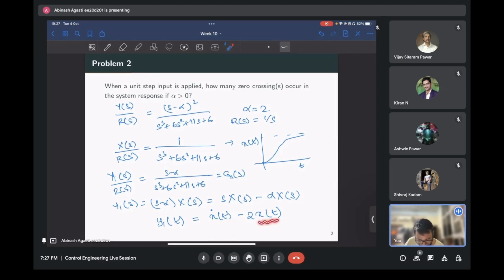And x of t is increasing very slowly, but it is increasing, so that is also positive here. Then you can check the steady state value of y1 of t, that is the limit as s goes to 0 of s times y1 of s. If you check that, you'll get something like minus 1 by 3. So that means for y1 of t